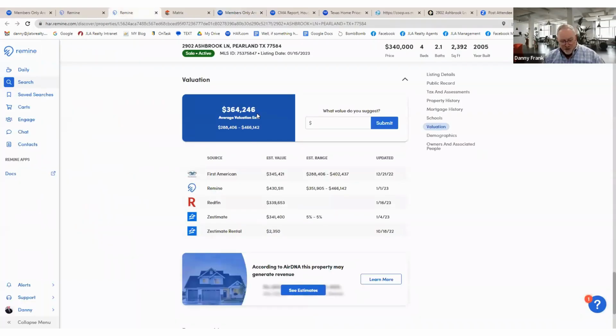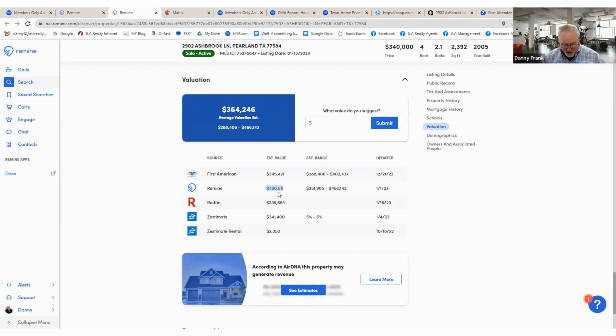So what I came up with. And right there, share this again. So let's go back to Remine. They were 364 on their average, but Remine, that one average right there threw it way out of kilter, in my opinion. So that's a unicorn, something that is an outlier that doesn't really go. So don't be afraid to throw away one of these prices. So if we do that, let's see what we come up with.